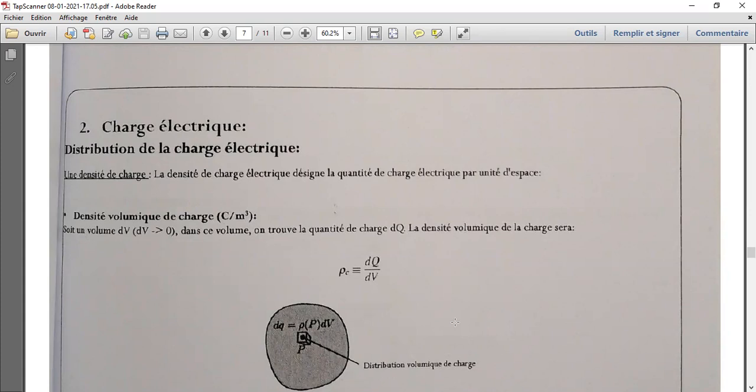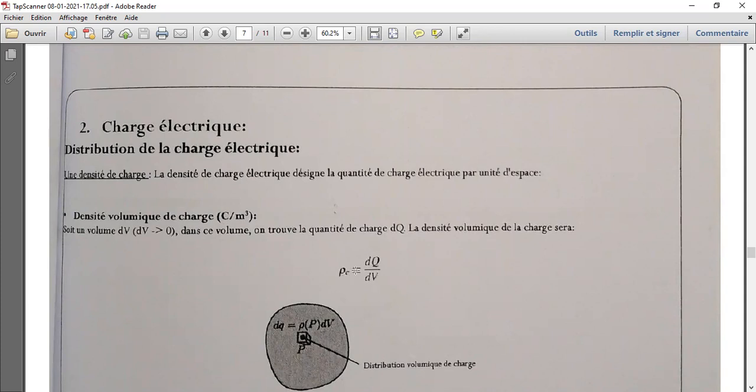This cloud of charges can be distributed in just a small volume of a larger part, which is density volumic of the charge. So when you hear density volumic, the charge is the quantity of charge found in a certain volume, and this formula is